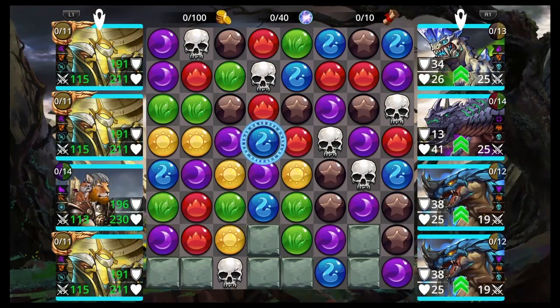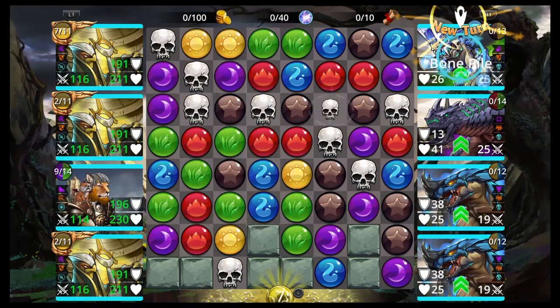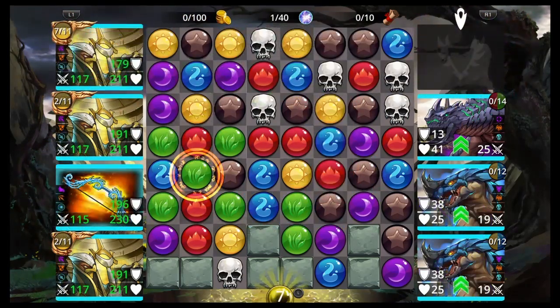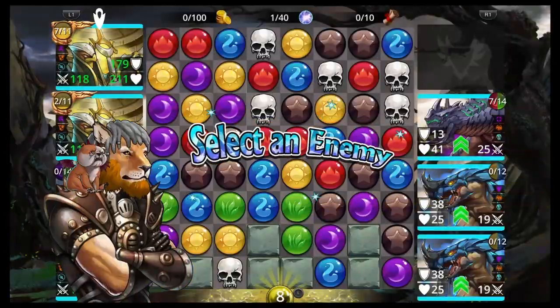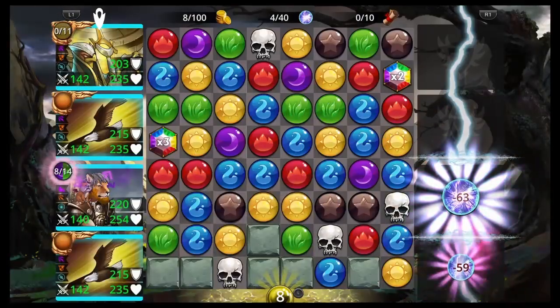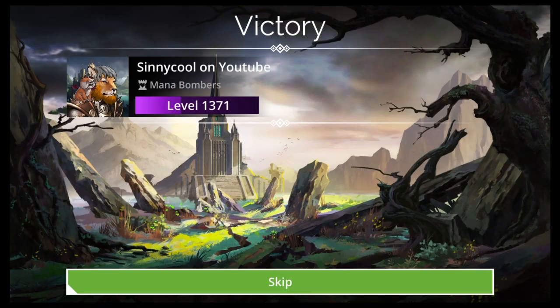Early on, you just want to match red and cast the Ferocities and get them wiped out of there. Same with Finesse here. Finesse is actually the best Guardian and probably the best Guardian team. The reason it's the best Guardian team is because it has a trait on its spell, I think, it has a little